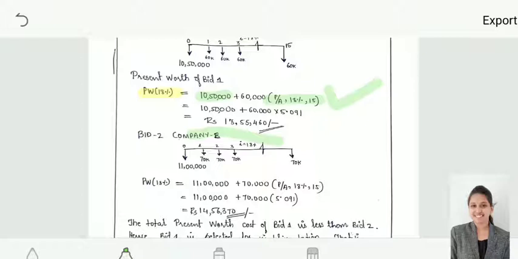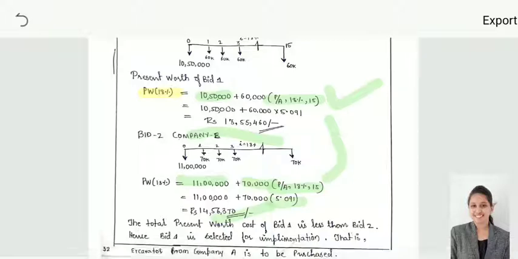Now we will check similarly for company B. For company B, the initial cost was 11 lakhs plus annual operation and maintenance cost of 70,000. For the initial, that is the present worth value, I am keeping the factor as 1 because it is P by P. Next, I am comparing my present worth to the annual amount, so it will become P by A I comma N, same as this one. So it is 18% for 15 years, the service life is 15 years. Just solving, and this factor I got from the compound interest table, I am getting 14,56,000. Now tell me, which bid are you going to consider?